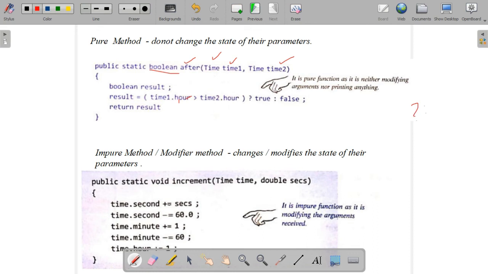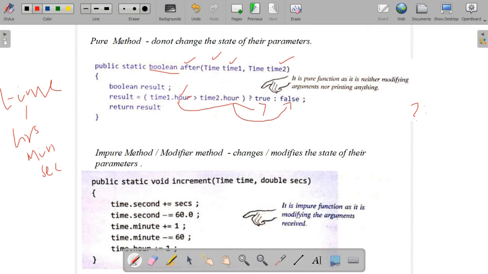Then we are using the conditional operator. All of you know what a conditional operator is. Just we are accessing time1.hour. Time consists of three values, is it? It can be divided as hours, then minutes and seconds. So here we are just taking only one variable.